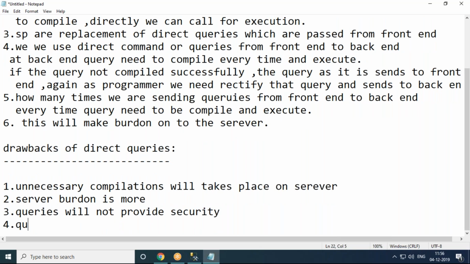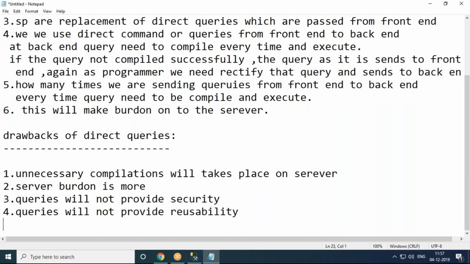Next, queries will not provide reusability. That means once we write the command, that command as it is we can't reuse in another application. So reusability of queries is also not possible. And there may be a chance to get